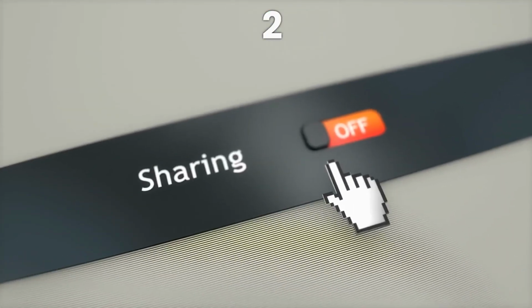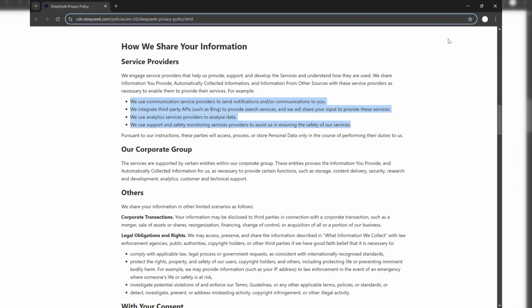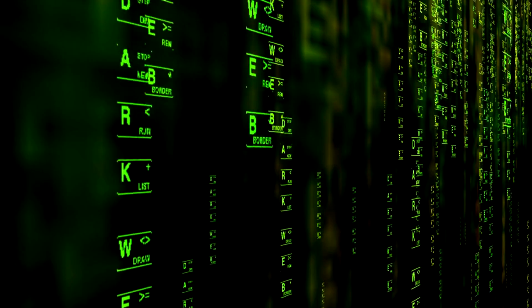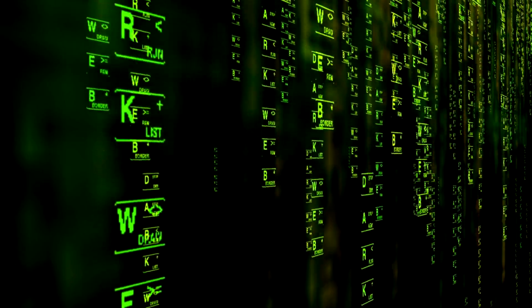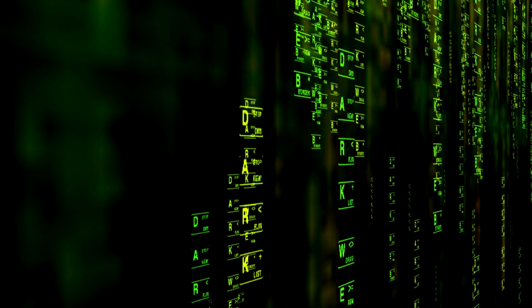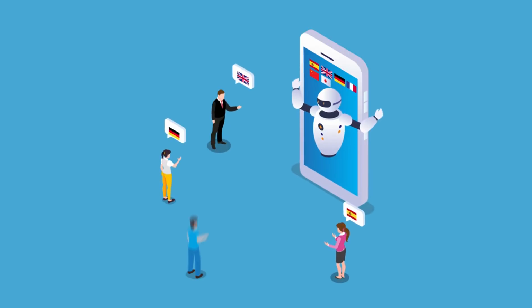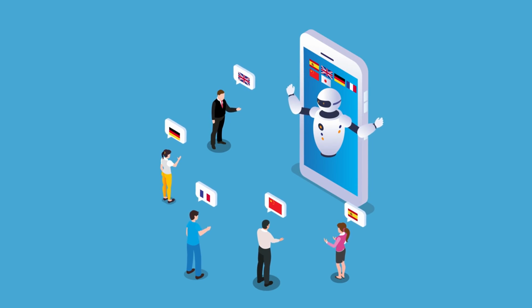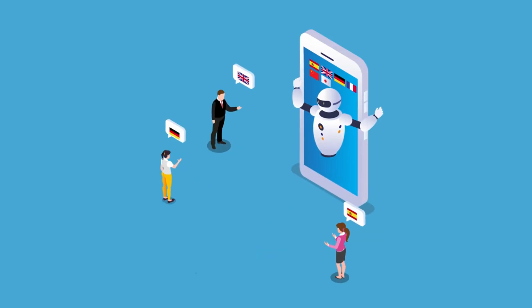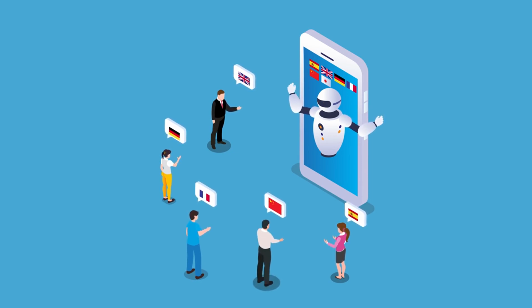Sharing user data. Who does DeepSeek share your data with? According to the policy, DeepSeek shares all 3 categories of user data with third-party service providers, including analytics providers and integrated APIs, for example, Bing. The policy did not specify third parties that they share users' data with or the methodologies these third parties adopt to process users' data. So technically, as DeepSeek shares all collected user information with third parties, the way your data may be used might exceed the boundaries of DeepSeek's privacy policy, as different organizations have their own policies, which may not be the same as DeepSeek, which originally collected your information.